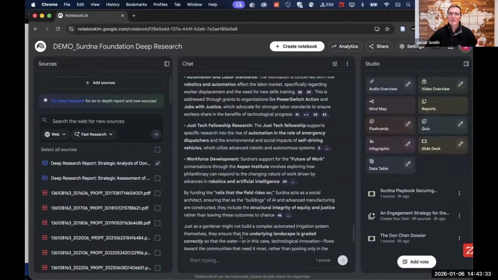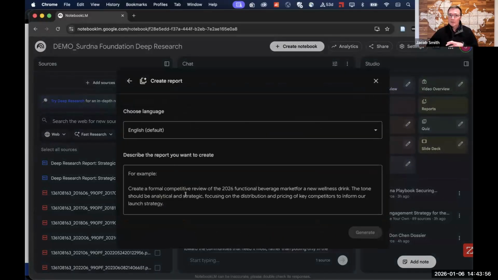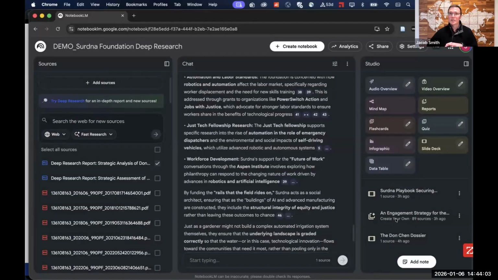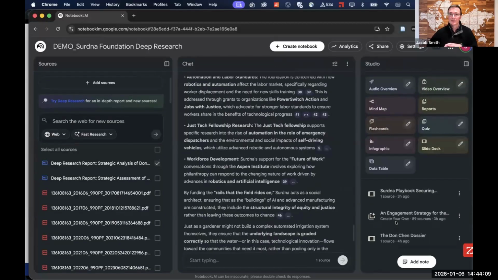But this prompt, in this case, within Notebook LM, I took that prompt and I didn't put it in the chat. The chat is really not like a ChatGPT or a Gemini or a Claude. It is more of a short-form conversational space within Notebook LM to ask short, pointed questions about the data that exists. What I actually did was go to the reports and do a create-my-own report, and I pasted that prompt here in order to generate an output from the studio section that I will show you here.